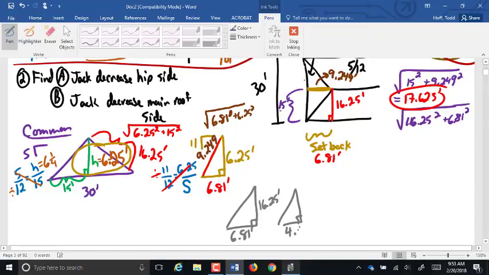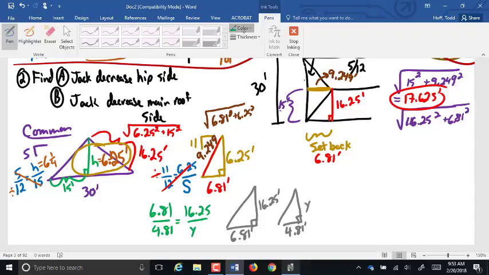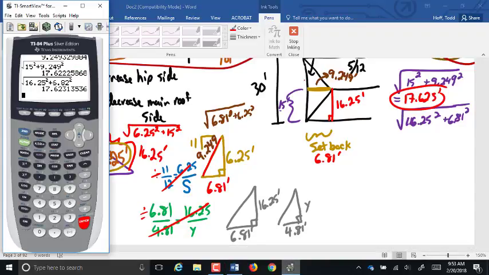And this is 4.81, and we'll call this y. Yep. So then the proportion 6.81 to 4.81 equals 16.25 to y. So you had it right. So you cross multiply and divide. 4.81 times 16.25 divided by 6.81